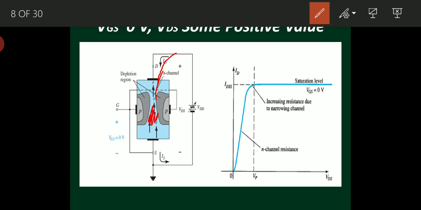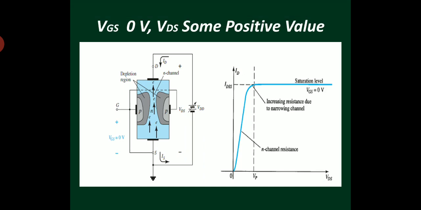That's why that voltage level is called VP. That voltage level of VDD is called VP, meaning pinch off voltage. At that voltage, only a constant number of charge carriers will move from the channel to the drain terminal, such that the current becomes constant. So this is what we get when VGS is equal to 0.